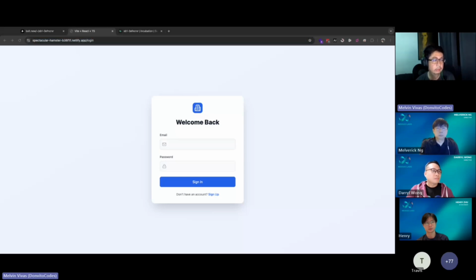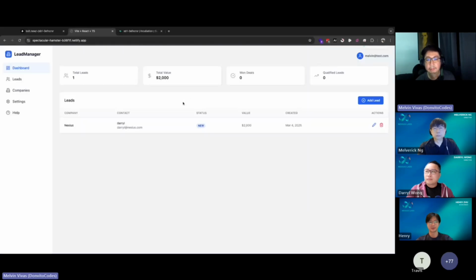Okay, cannot chat here. Anyway, this is the URL here. So Melvin, this one is already out to the public. So you can actually let someone log in or create an account. So now we have a full-fledged app deployed to production.